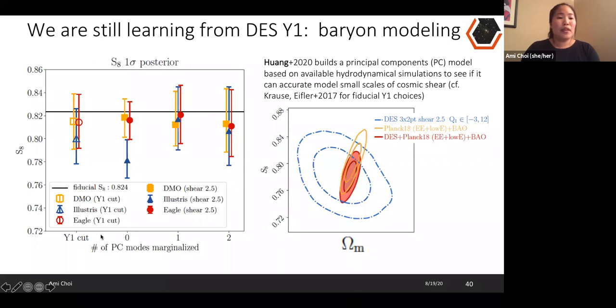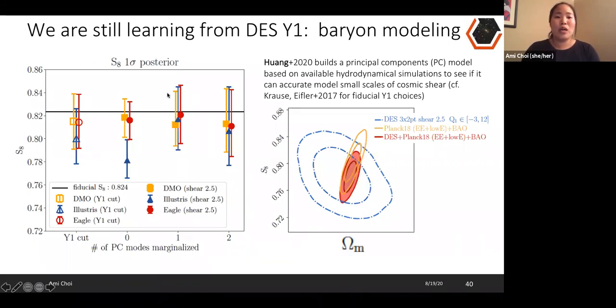And then you can do things like apply the same cuts as in Y1 and see what you get back. So the cuts did a good enough job that you still recover the truth within error. Now, if you instead use this model and include the small scales and do the analysis, you see that if you don't marginalize over any parameters of that model, you're getting a biased result if the feedback is similar to what is in Illustris. If you then marginalize over parameters of this PCA model, if you marginalize over 1, you